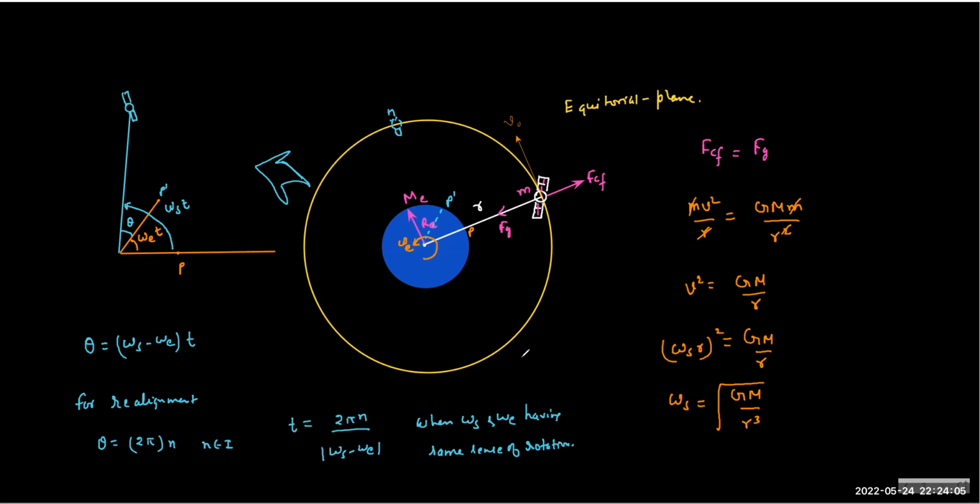So this is called non-geosynchronous. This is just a satellite. I mean, it's not synchronous at all. So the whole idea is, what is the condition for synchronicity? Like when will it synchronize itself? So the simple idea is the given satellite will face the same point on the Earth, or the point below the satellite will be maintained, only when the Earth and the satellite move with the same omega in the same sense, right?